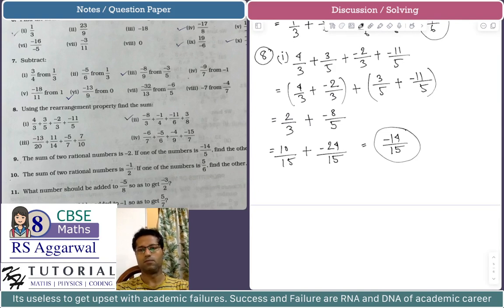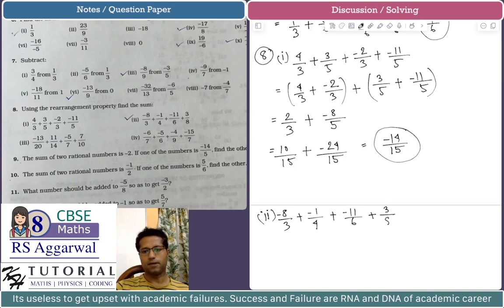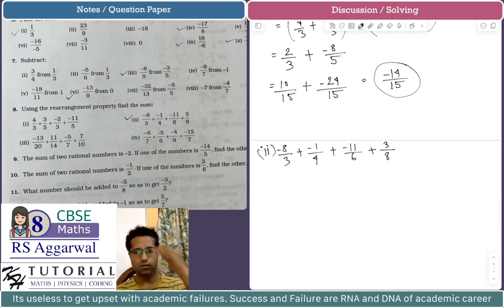In this kind of problem of evaluation or simplification, you first try to merge all the rational numbers having the same denominators. Now it may not always be the case that you can do this. Let's see part 2. It is minus 8 by 3 plus minus 1 by 4 plus minus 11 by 6 plus 3 by 8. So you can see that there are no similar denominators. The denominators are all different, but you will realize that you can consider some denominators